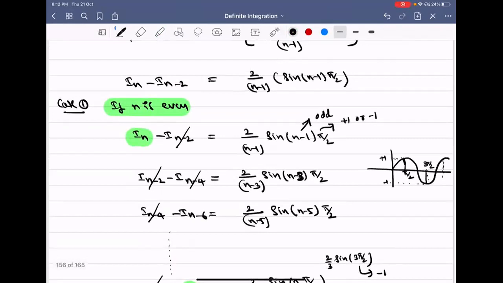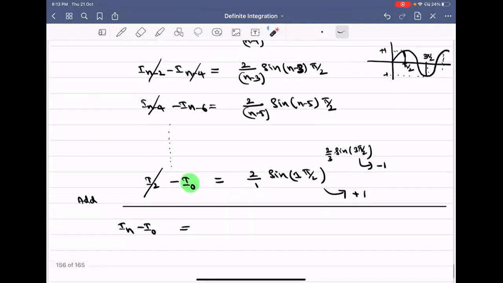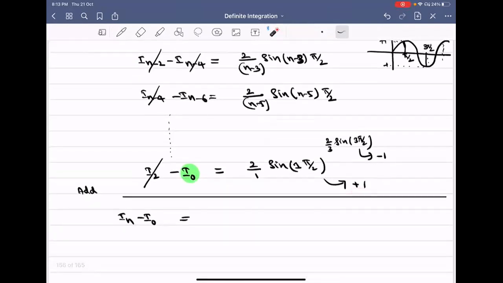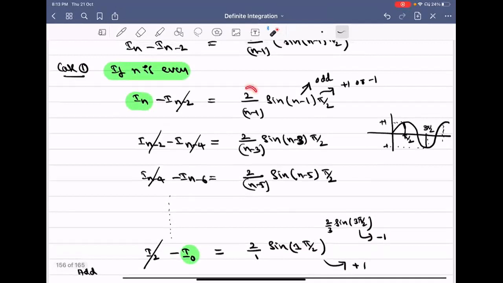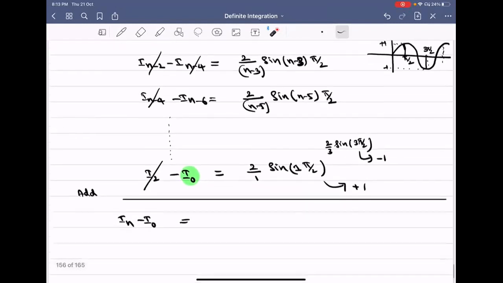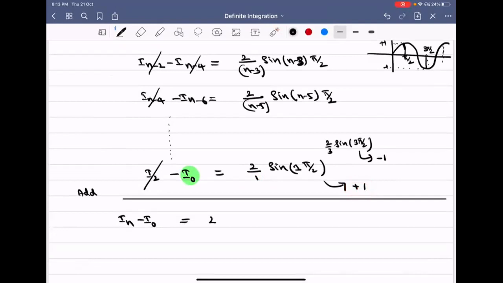What you do is, your signs alternate. These values alternate plus 1, minus 1. Start from down to up: plus 1, minus 1, and so on. From all the terms, take 2 out as common, and write the terms from down to up. Then what happens? This value, since we already took 2 out, is plus 1. Here you will just have 1.